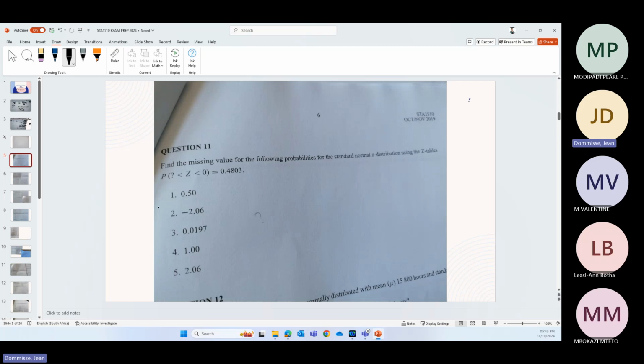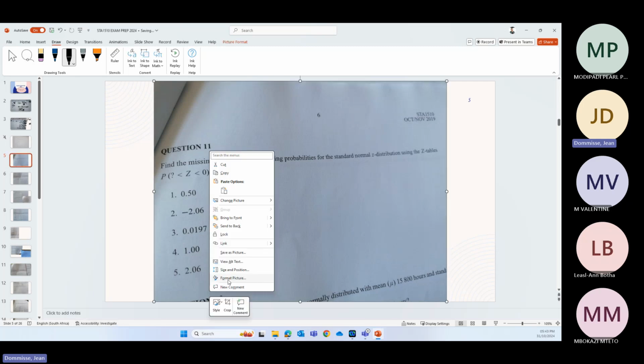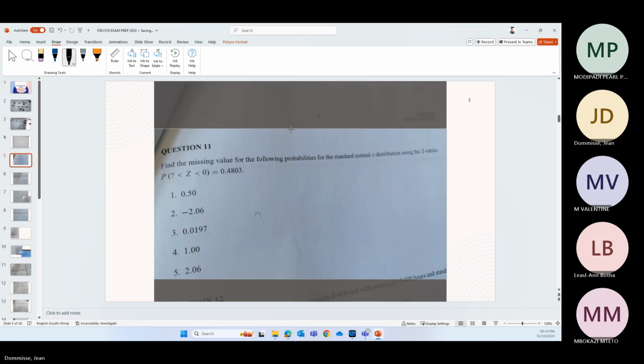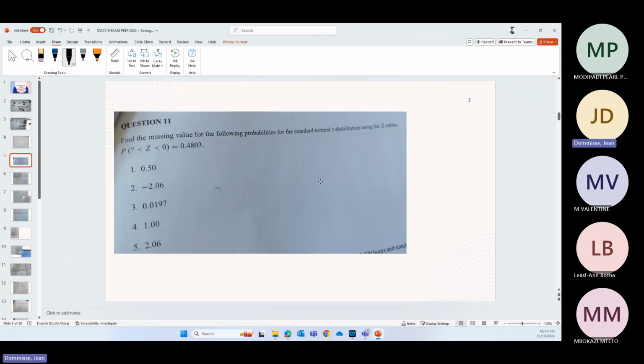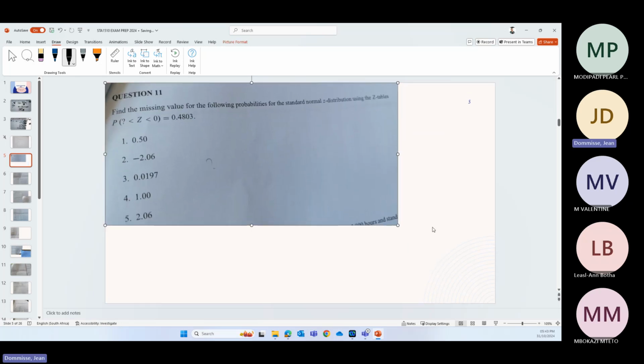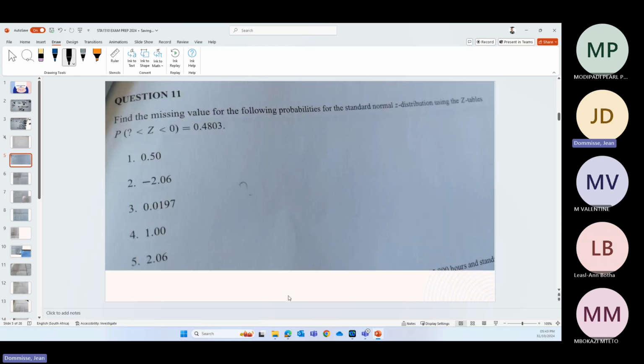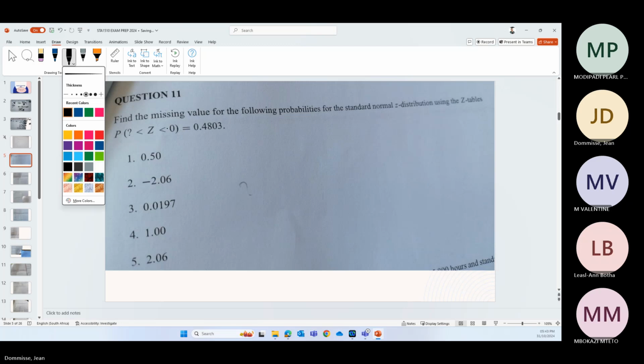Okay, then I was asked to look at this one. Again, something that is definitely likely to be part of something that you guys might get. So let's first find that value. What they're giving us is